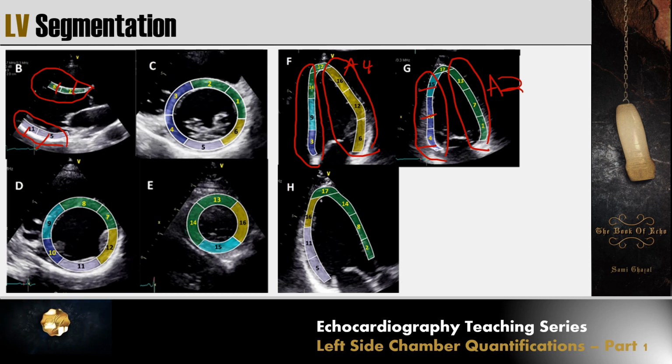Similar to apical 4 chamber and 3 chamber, you have 3 levels: basal, mid, and apical. In the 3 chamber, you have the anteroseptal here with all levels, and the inferolateral wall here with all basal, mid and apical levels. In short axis, again, you have 3 levels. At the basal level, or the mitral level here,